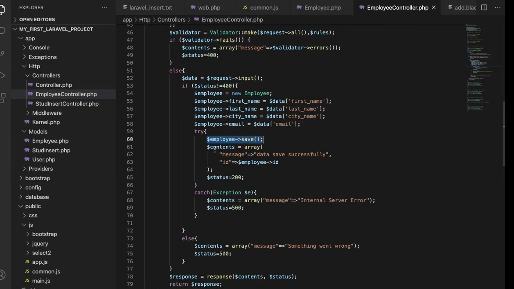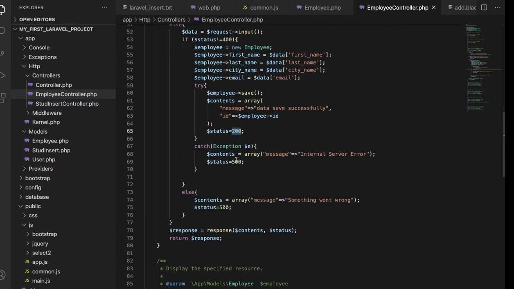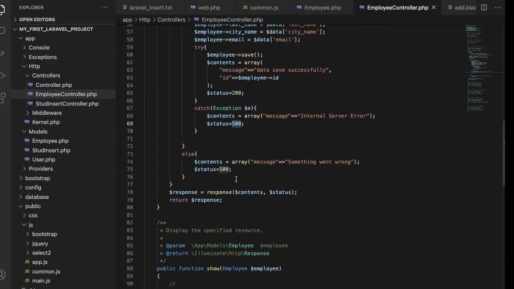On success, I initialize the content array with status code 200 because this is created. We can also use 201 for created, but 200 is also okay. On any error on the database side, such as database failure or the database not working, we get the exception here and return the content array with internal server error and the 500 status code.